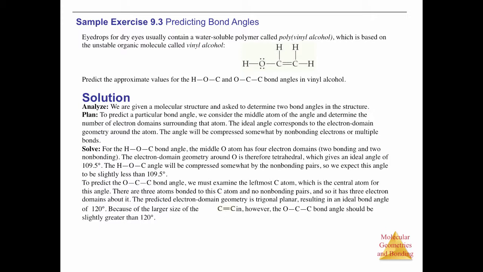We're given a molecular structure and asked to determine 2 bond angles in the structure. To predict a particular bond angle, we consider the middle atom of the angle and determine the number of electron domains surrounding that atom. The ideal angle corresponds to the electron domain geometry around the atom. The angle will be compressed somewhat by non-bonding electrons or multiple bonds. For the